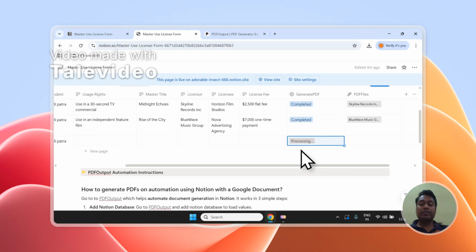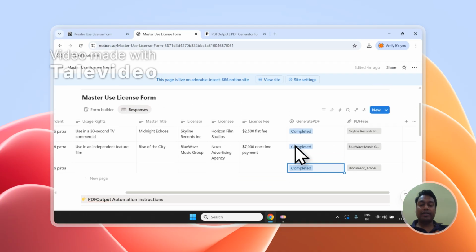But before we wrap up, as you can see, it has started processing this document, and it even completed the document and created the PDF right inside the database as we expected. So this is how powerful the tool is, as it generates the PDF right inside the database whenever you mark